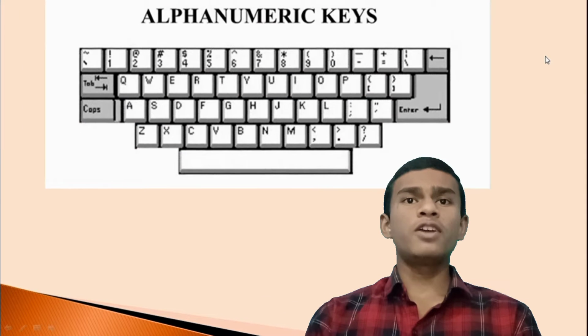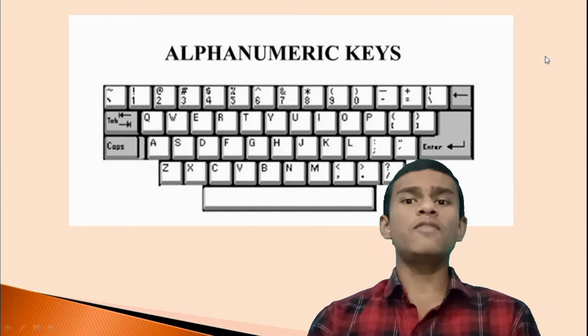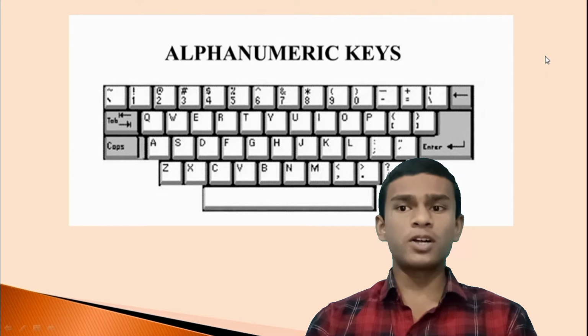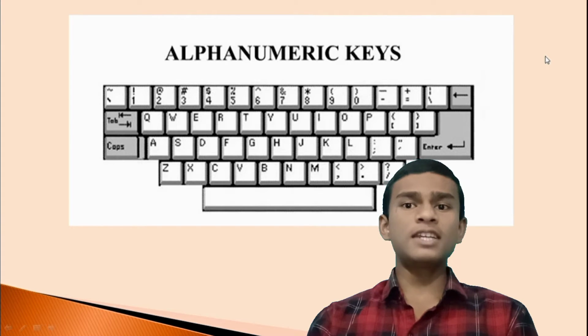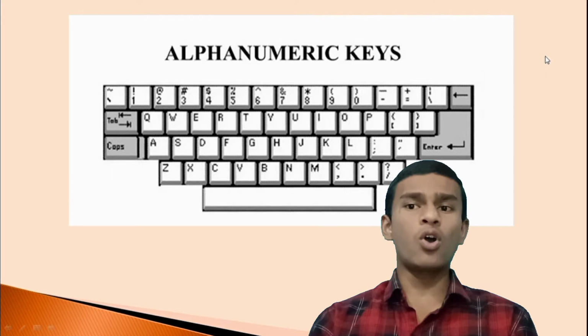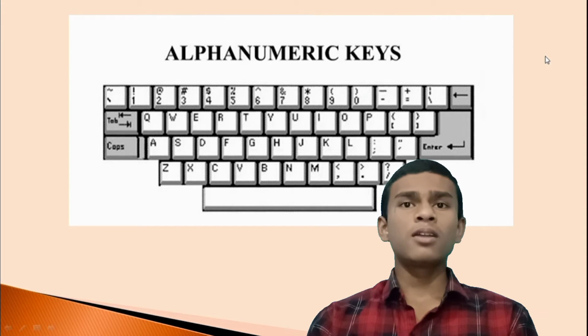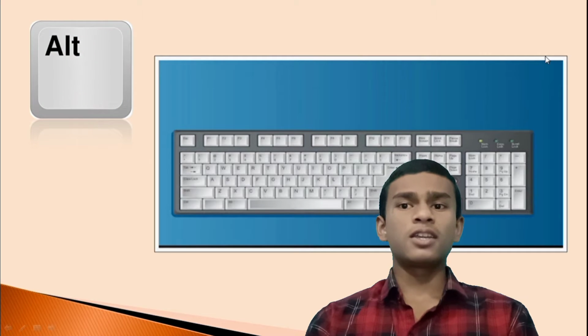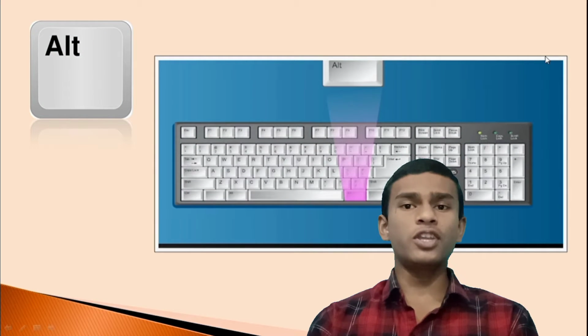Types of keys. There are various types of keys. We will discuss alphanumeric keys: all of the alphabets A to Z and numbers 0 to 9 on the keyboard. Punctuation keys: all the keys associated with punctuation such as the comma, period, semicolon, brackets and parentheses, and so on. Also all the mathematical operators such as the plus sign, minus sign and the equal to sign. Then we will discuss the Alt key. Short for alternate, this key is like a second control key.